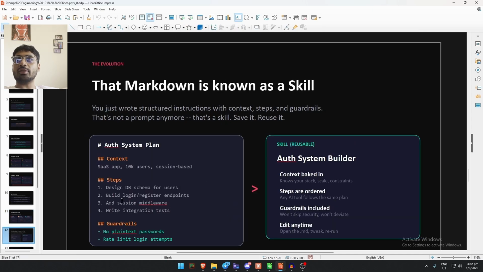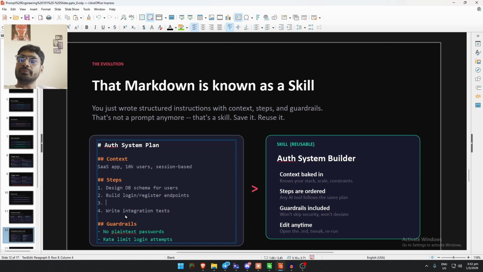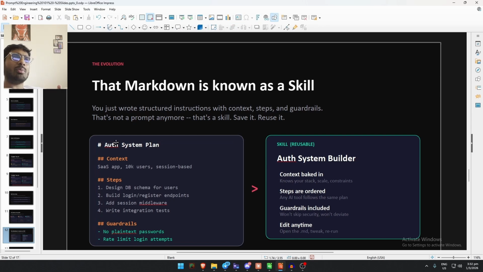For example, in this step, design this, add session meal. Maybe this is not something you want, so you can edit it in the markdown and remove it. This markdown is what Claude uses,